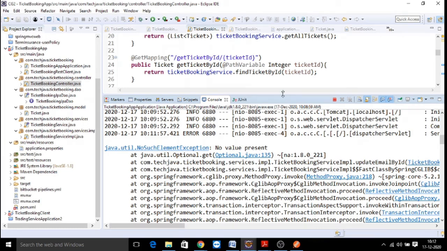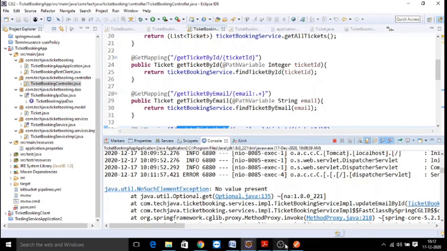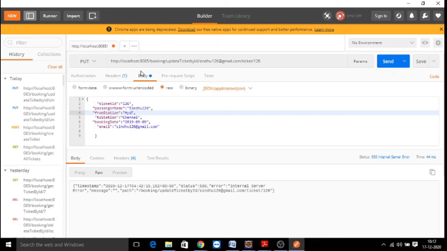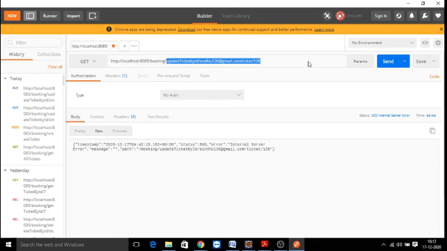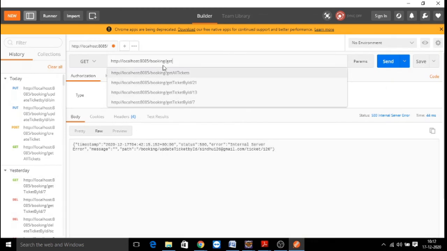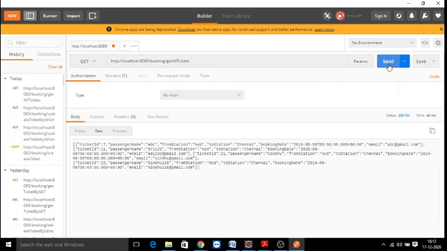So you need to check for the available values and perform based on that. First you get all the tickets and check whether it is available or not. Here for Sindhu 126 the ticket ID is showing 22. So you need to give the ID accordingly.